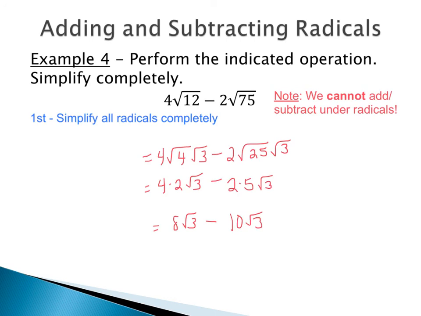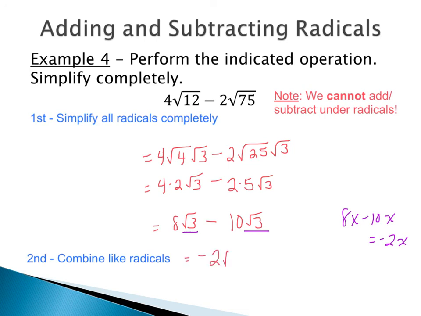At this point, our next step would be to combine like radicals. What I mean by like radicals is that we need to have the same number under the radical. So the fact that we have a square root of 3 and a square root of 3 is very good for us, because just like when we're combining like terms with x's, if I had 8x minus 10x, we would add or subtract the coefficients. So here I would do 8 minus 10 to get a negative 2, and the x would stay. It's that same idea here with radicals, is that I'm just adding or subtracting the coefficients. So that way we have that 8 minus 10 is going to be negative 2, and we just keep that square root of 3, which is our final answer then.